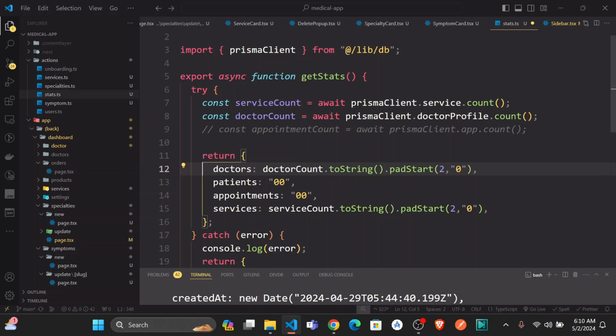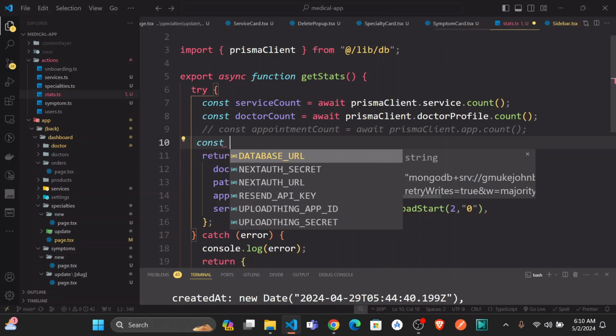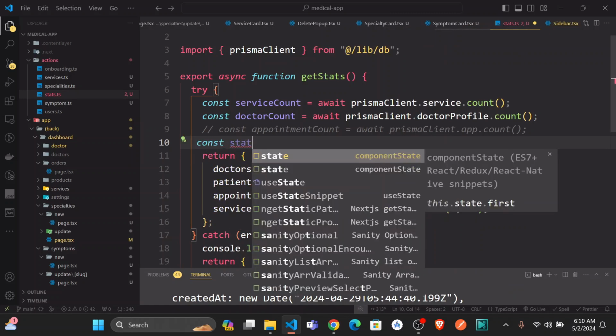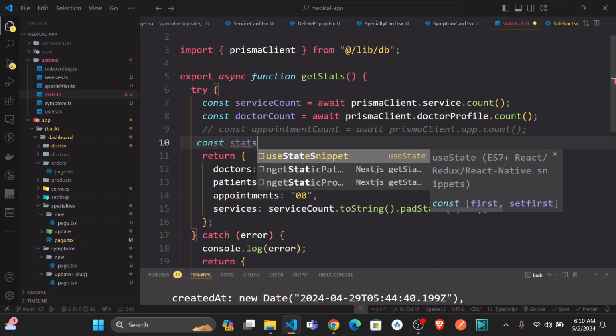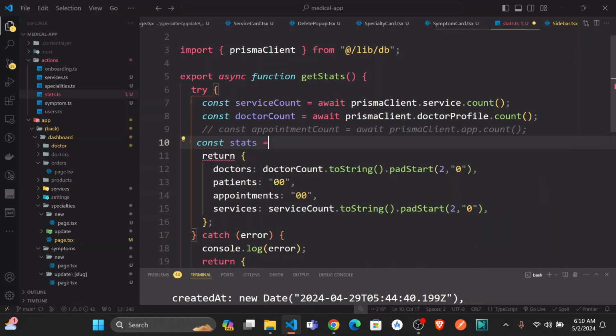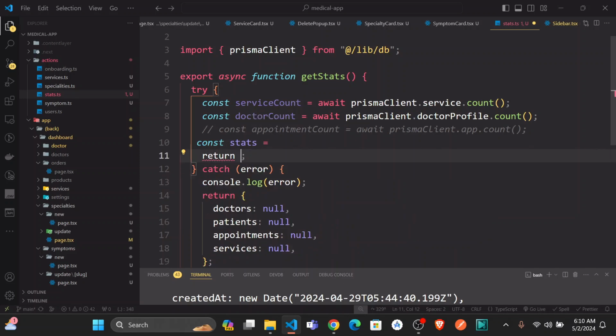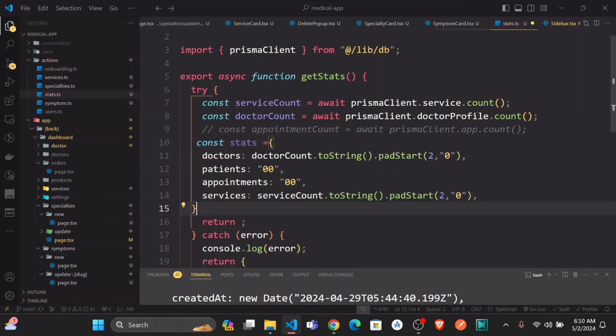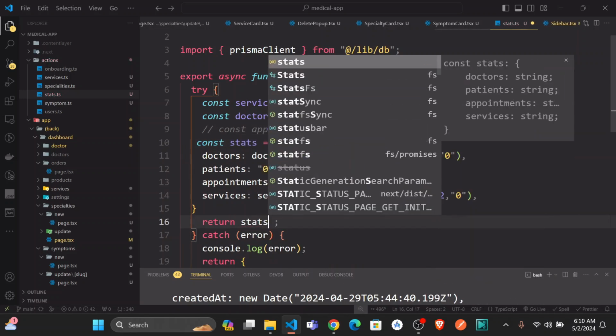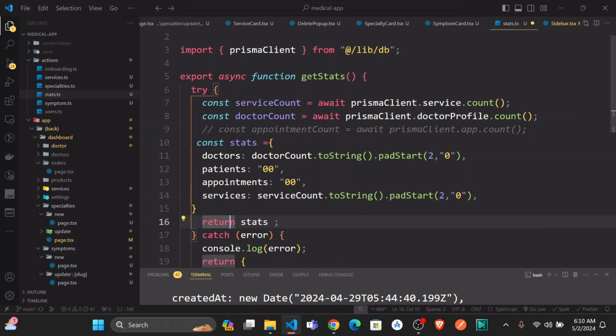And we could just again say const stats is equal to this object. If you wanted, just cut this and put it here. And why I'm putting it here is just because I simply want to add the